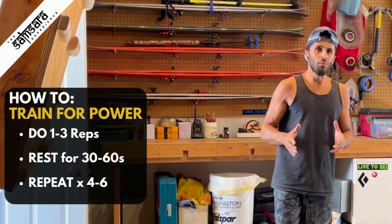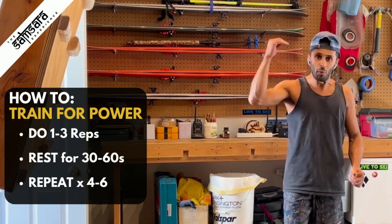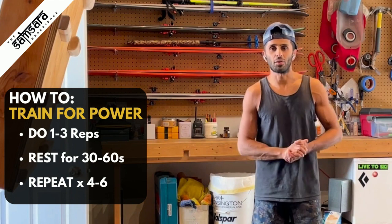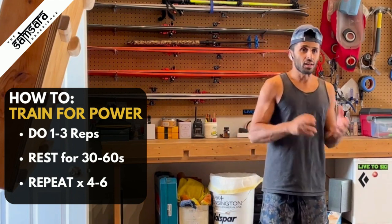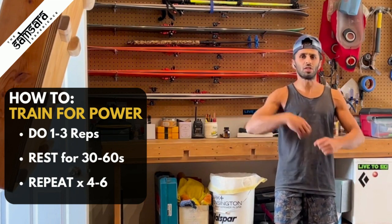In order to maximize power, I have to work at my threshold. I have to be doing my absolute biggest, most explosive efforts, and that's why we want to cut it short after 3. Now, that's going to help me improve single move power for hard boulder problems or single cruxes on